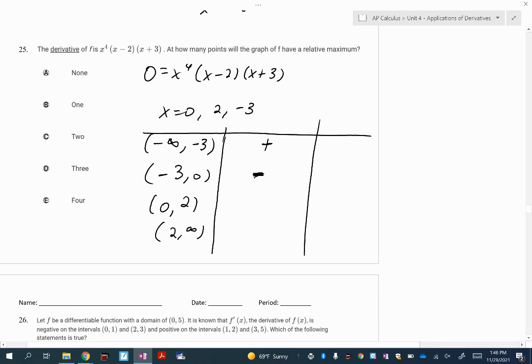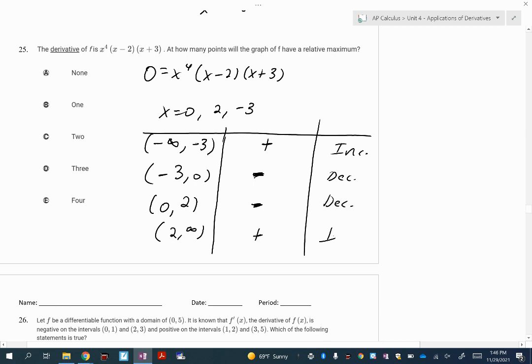Okay, and then plugging in positive 1, I get 1 to the fourth power, which is positive, times a negative, times a positive, which is a negative again. All right, and then finally plugging in 3, I think everything's going to be positive. Excellent. So increasing,